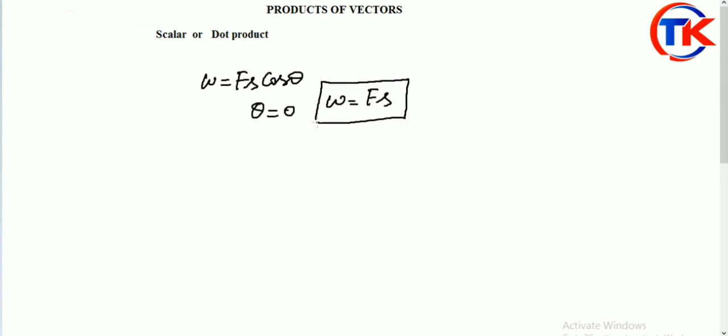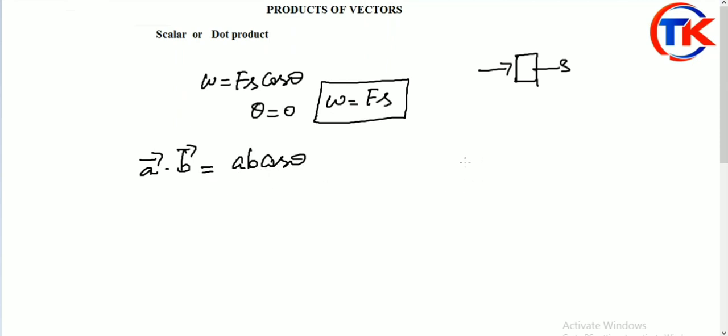Maximum amount of work we can get is when we apply the force on the block and the block moves in the same direction. Now, when can we get zero work, that is, the work done is 0? See this example. Before that, we should express the vector form in a general structure. A vector dot B vector is equal to AB cos theta. Here A is a magnitude, B is a magnitude, and theta is the angle between A and B, right?